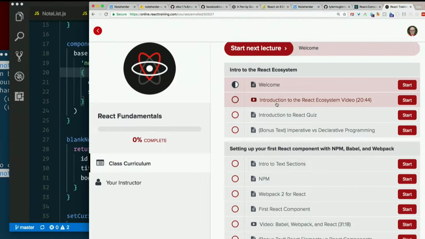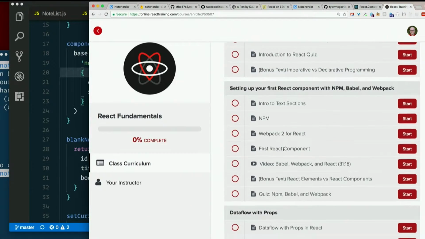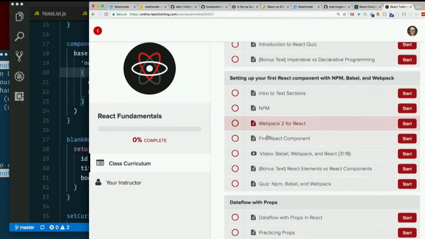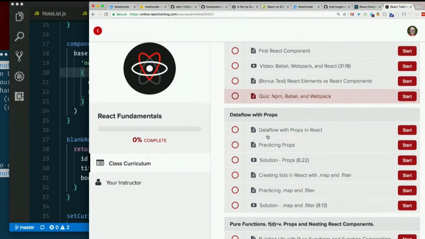Introduction to the React ecosystem, and so on. It introduces Webpack, which we have totally glossed over. So if you want to skip that stuff because Create React App handles it for us, feel free. If you're curious, it's not a bad place to learn it. But there's some other stuff in here. Data flow with props in React. That might be the one